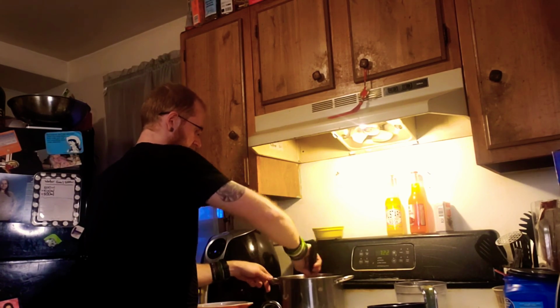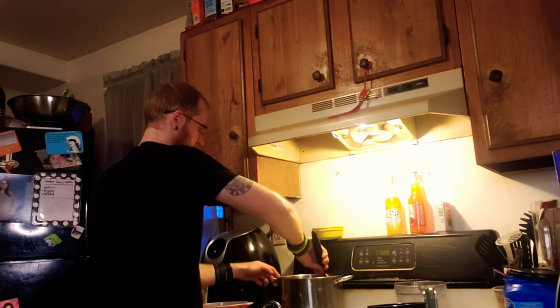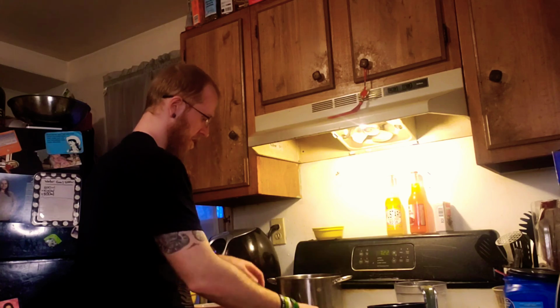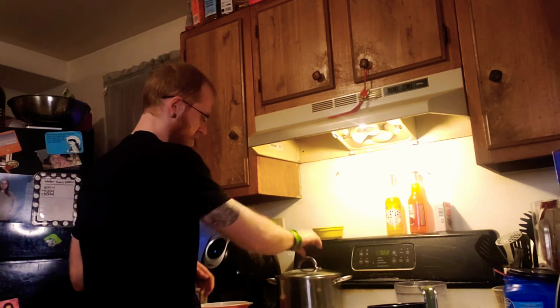I'm going to let that turn down a little bit. Put a lid on it. And we'll let that cook for a minute. Now as that cooks, it's going to bring out all those flavors together. It's going to bring out that andouille sausage and it's going to bring out that bacon. It's going to give it a real